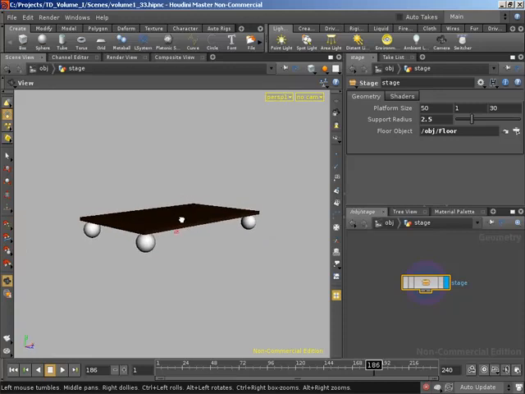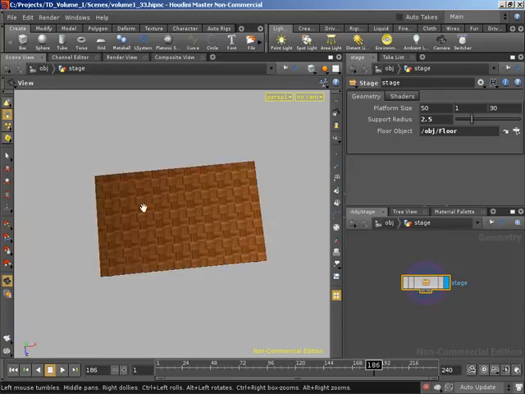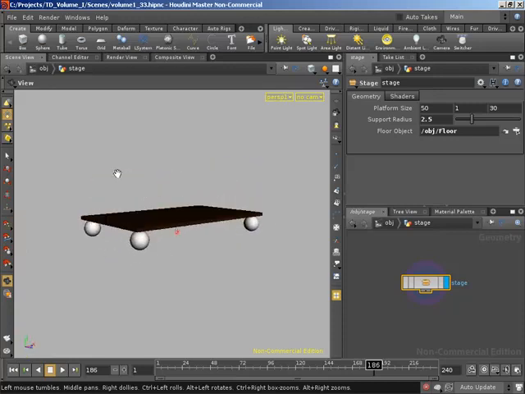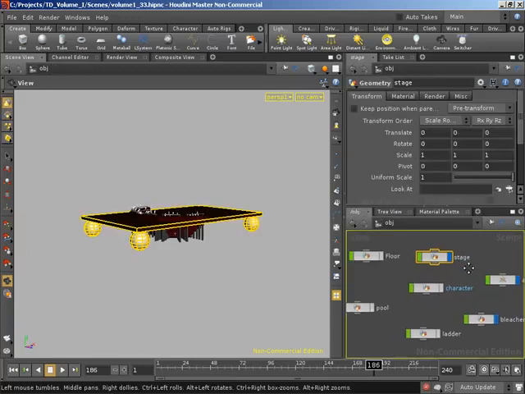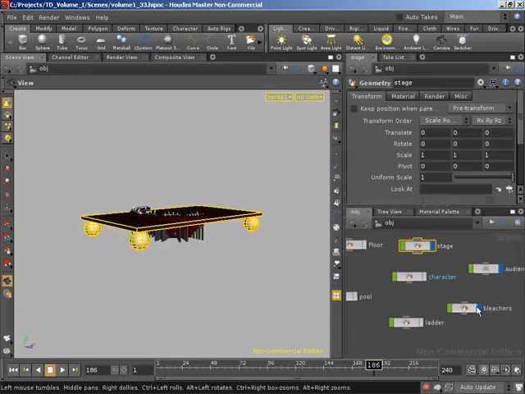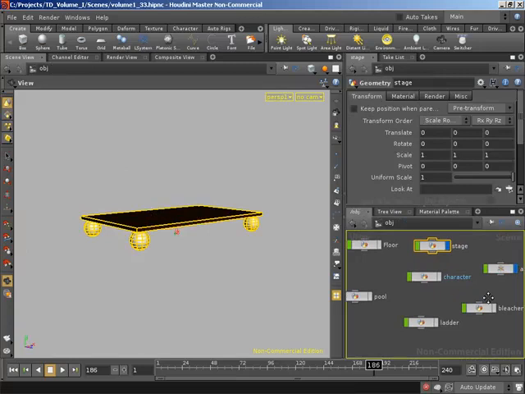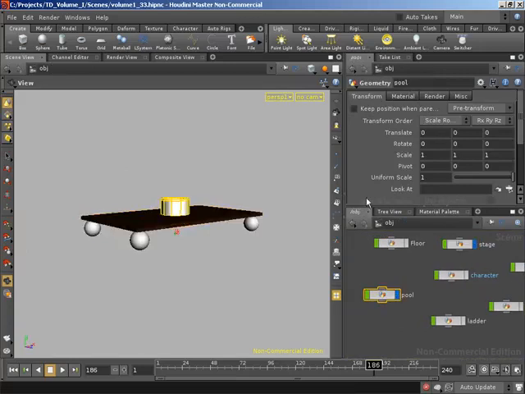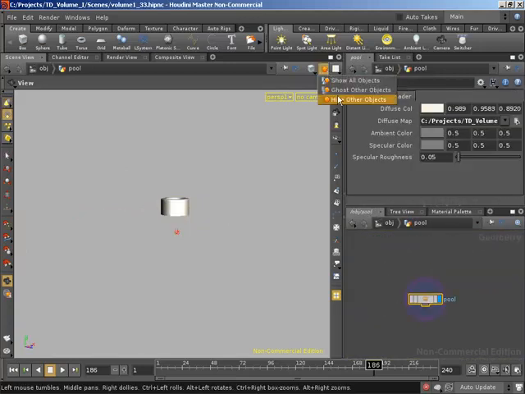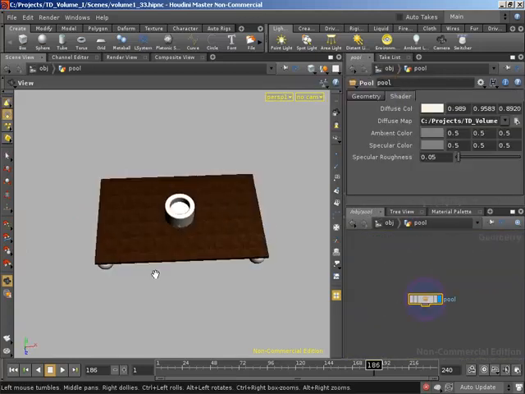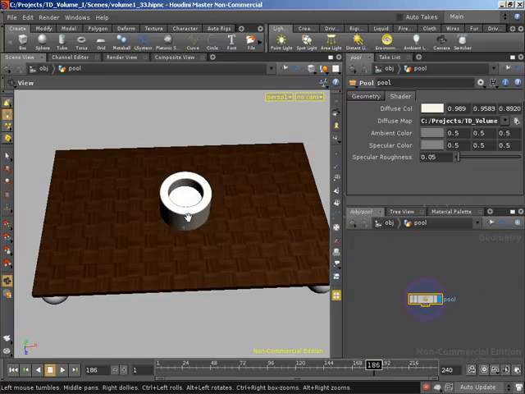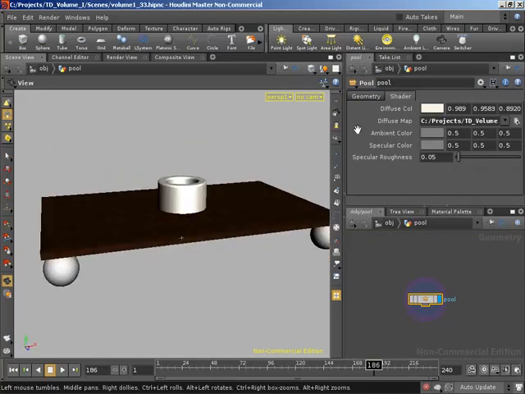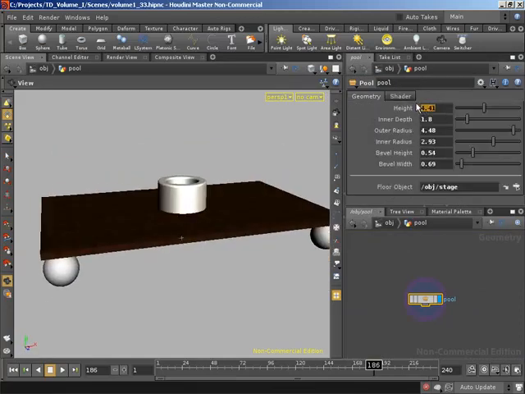So with this setup, we can now start positioning our pool and our ladder and getting their sizes relative to the stage. So I'm going to jump up, and next let's deal with the pool. So I'm going to hide out our bleachers because it makes no sense for them to be there. And let's bring our pool in, jump inside, and make sure that we can show all objects so we can see how the pool corresponds to our stage. Let's jump over to the geometry tab. I'm going to set the height to